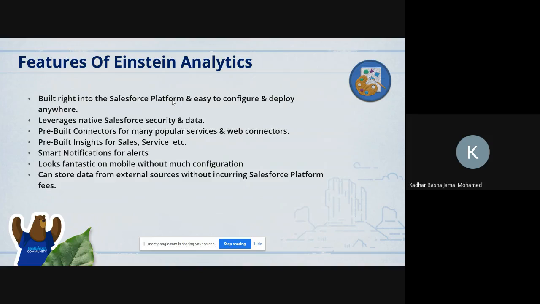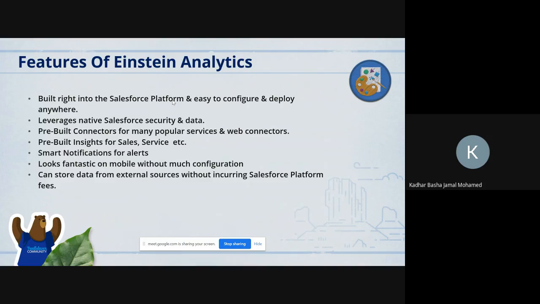Next, pre-built connectors for many popular services and web connectors. We can definitely use the Salesforce org records for Einstein Analytics dashboard creation. In addition to records, we can send API callouts to external data sources.